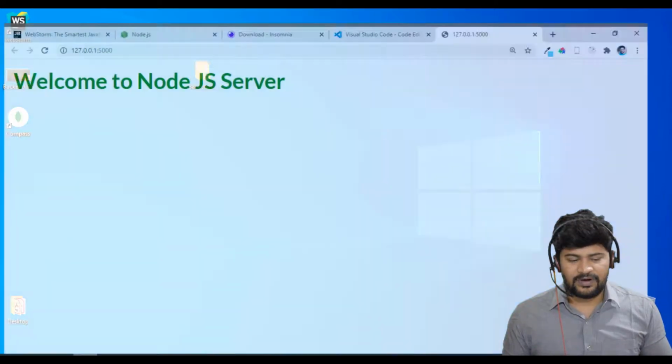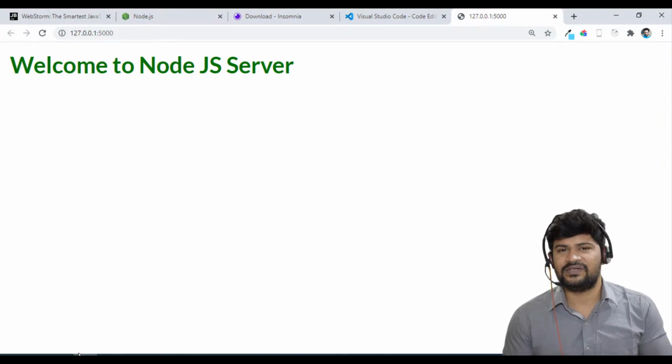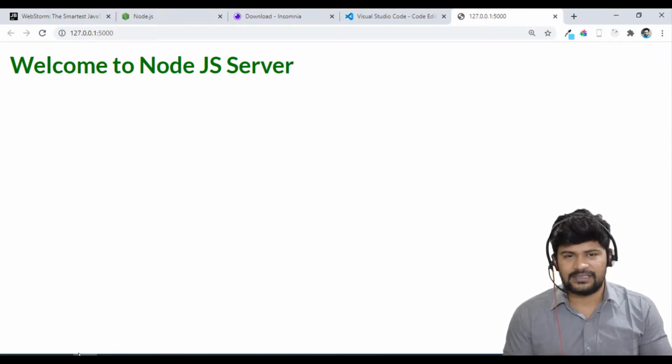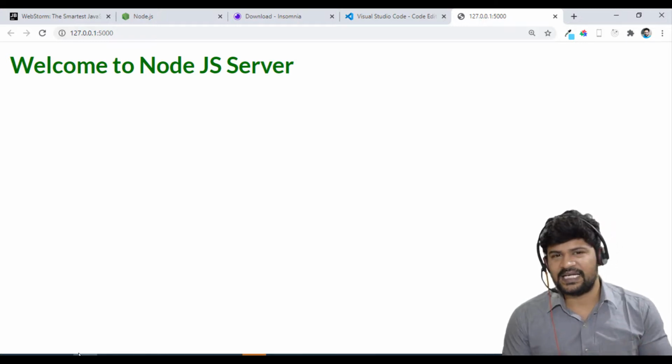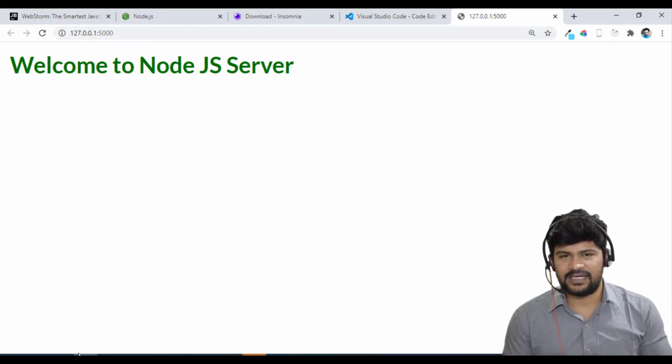Going forward, we'll be sending every request to the server using Insomnia or Postman. That will be the best approach for testing the backend API. We never focus on a browser, because from a browser we can only send GET requests. For a POST you need to create a form and send it, and that's a long story. Instead, we only focus on backend API testing with software, without a browser.